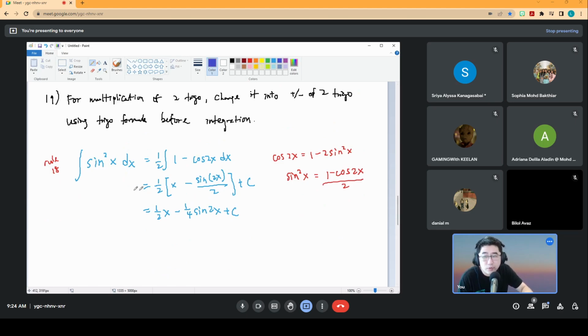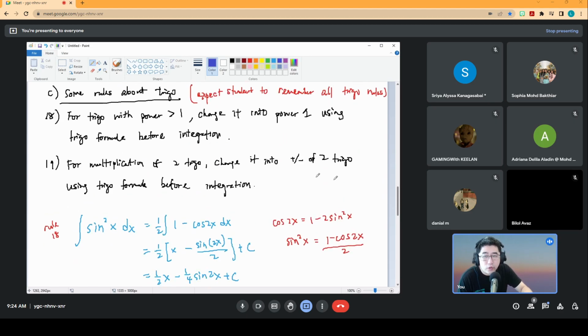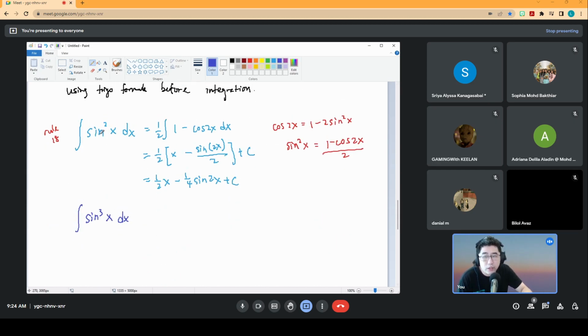Then maybe I give you another example of rule 18, if I have a sine cube, power 3. Again, for trigo with power more than 1, change it into power 1 using trigo formula before integration. Earlier for sine square, I used the formula cos 2x equals 1 minus 2 sine square x. For sine cube, what formula can we use? We can use the triple angle formula, sine of 3x equals 3 sine